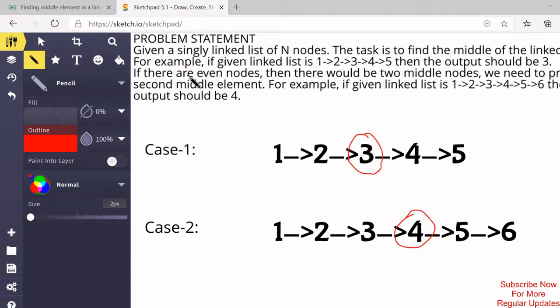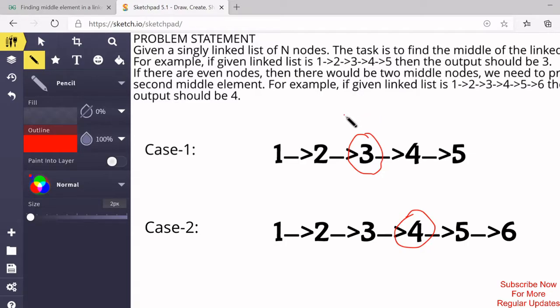In arrays we directly access the middle element by accessing the value of the n by 2th element, where n is the length of the array, but we can do no such thing in the linked list. So here is a very special way.